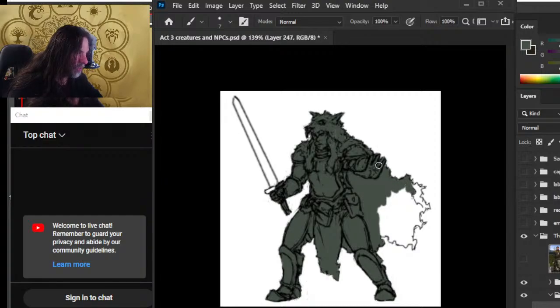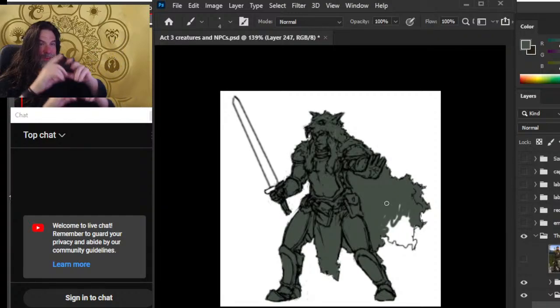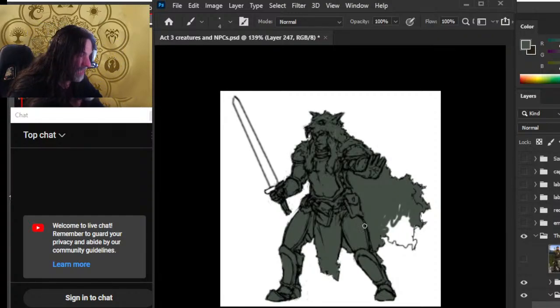But these tokens are only 1-inch tokens, so there's only 300 pixels across, up, and down. So the amount of detail that I can put in is limited by the resolution of the image. And online, for instance, an online image has 72 pixels per inch. So high detailed pictures are really large, because you can't zoom in quite the same way as you can with Photoshop or your own eye in print.